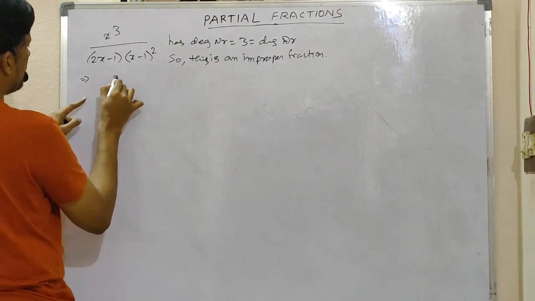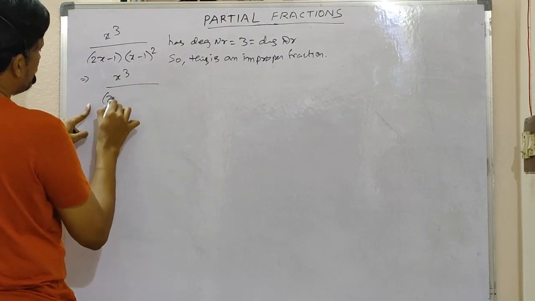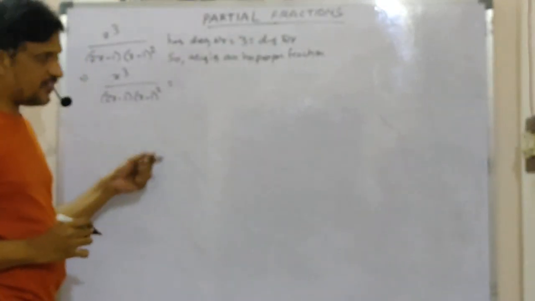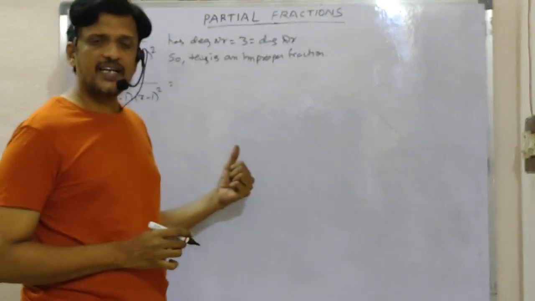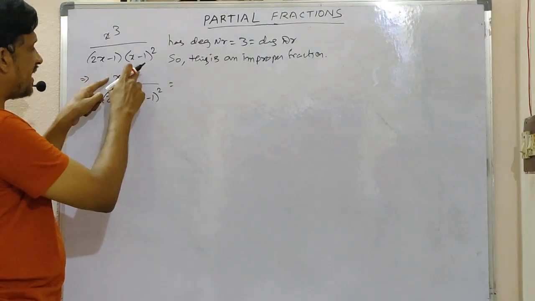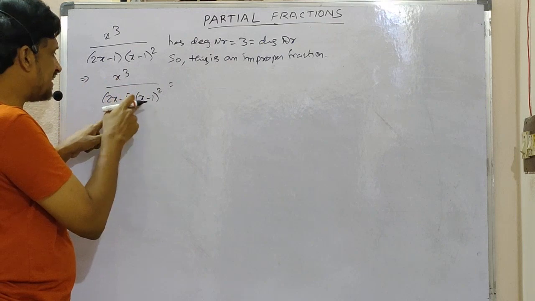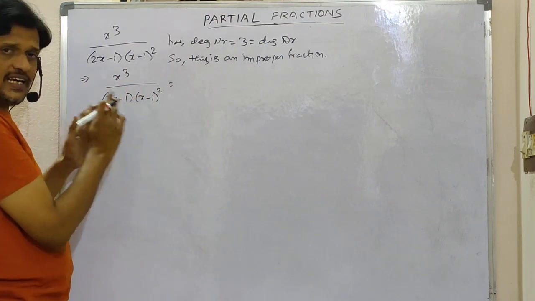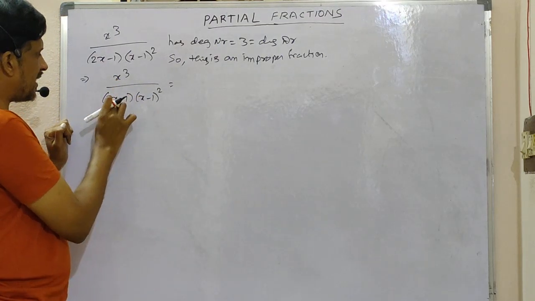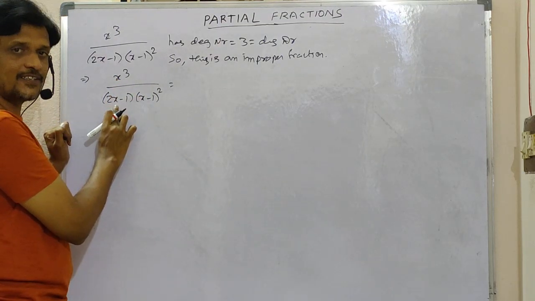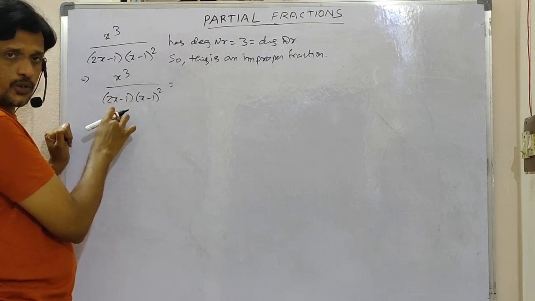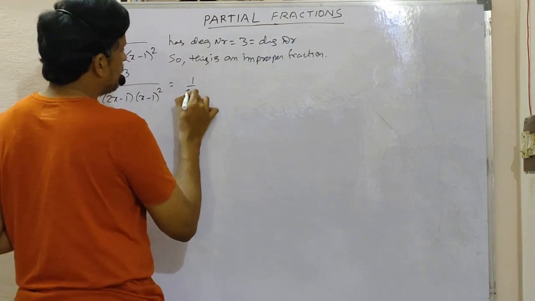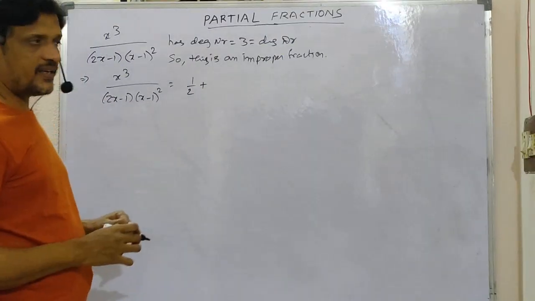So now write this as the sum of the partial fractions. x cubed by (2x minus 1) into (x minus 1) whole square is equal to, means if you divide the numerator by the denominator, similar to the last one, this is x cube, you have to divide by 2x into x square, that means x cube by 2x cube you are getting. Just observe the leading powers enough. This is x cube by here x square into 2x means 2x cube. x cube by 2x cube gives 1 by 2, and x cube gets cancelled. That is the quotient. So no need to write division.